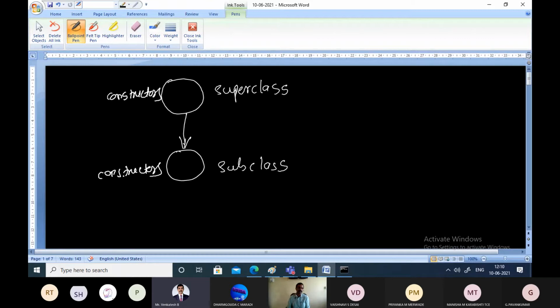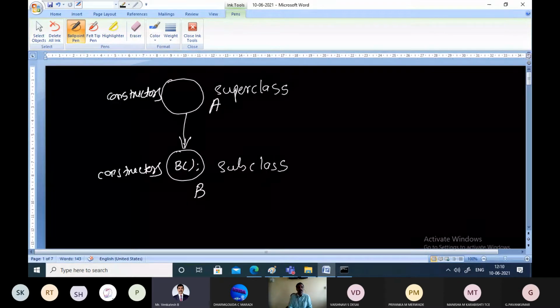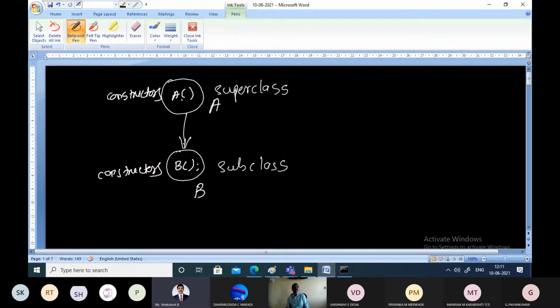Let us give the name A for the superclass and B for the subclass. Now, a method called B is the constructor of the subclass, and a method called A is the constructor of the superclass.